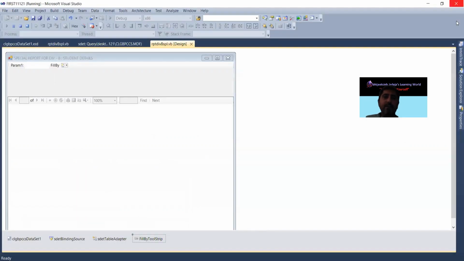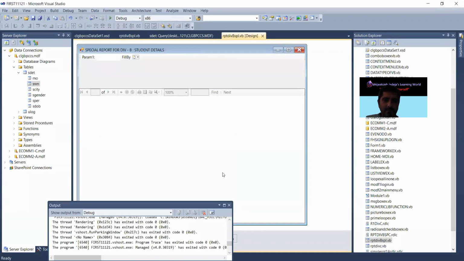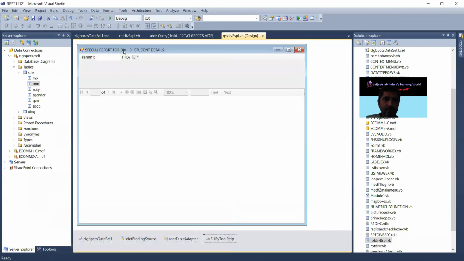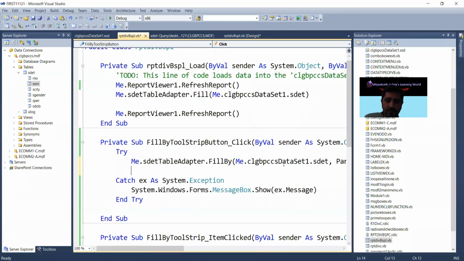So I would like to represent this particular fill by within a button. Here I take the report viewer, Control C, the parameter report, query generated automatically.